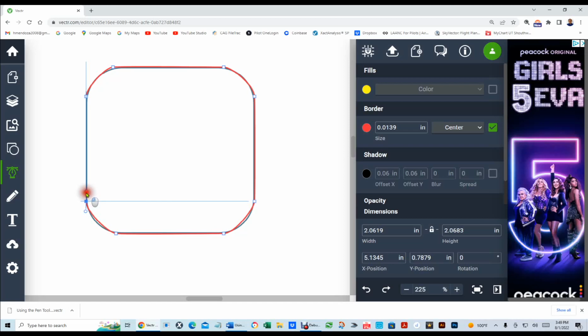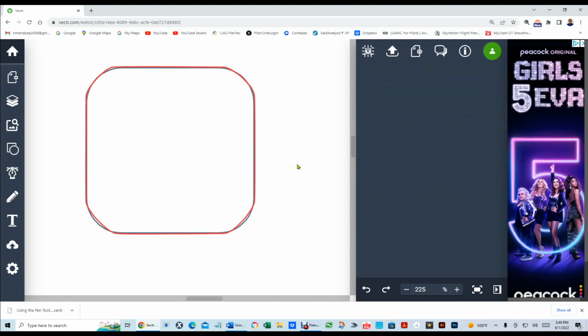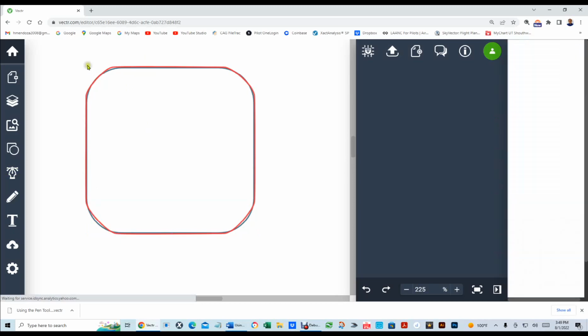Click and drag. Keep it straight. And then just connect it. Okay. Now I'm going to show you how to fix it. See, it looks bad. And I intentionally did this, okay? So now